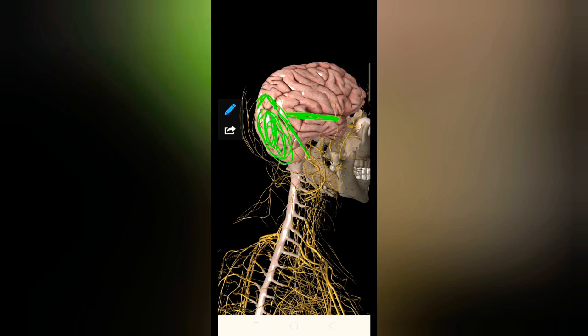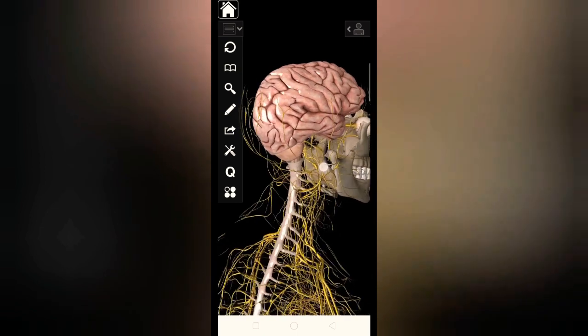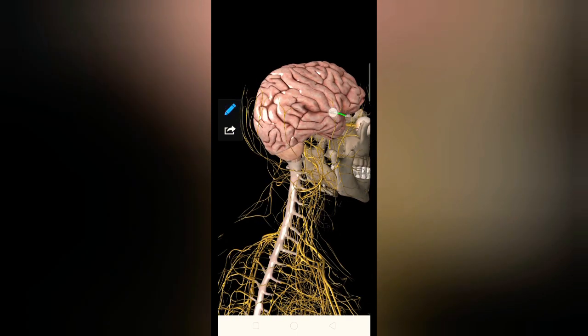So what are the three sulcus we get? We have a lateral sulcus, a central sulcus, and a pre-occipital notch. From the pre-occipital notch I drew an imaginary line, and from the lateral sulcus I drew an imaginary line, and I got the occipital lobe. So we have the occipital lobe, the parietal lobe, the frontal lobe, and the temporal lobe. This is how we get the exact position of the sulcus on the cerebrum.